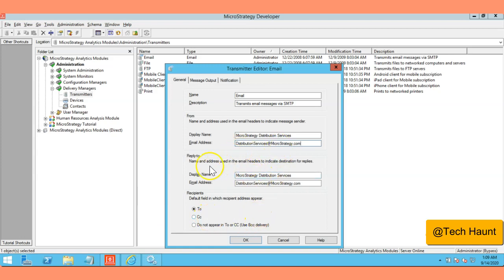You also have the reply to and a couple of other options here. For the default field in which the recipient address appears, I'm going to say do not appear in To or CC.